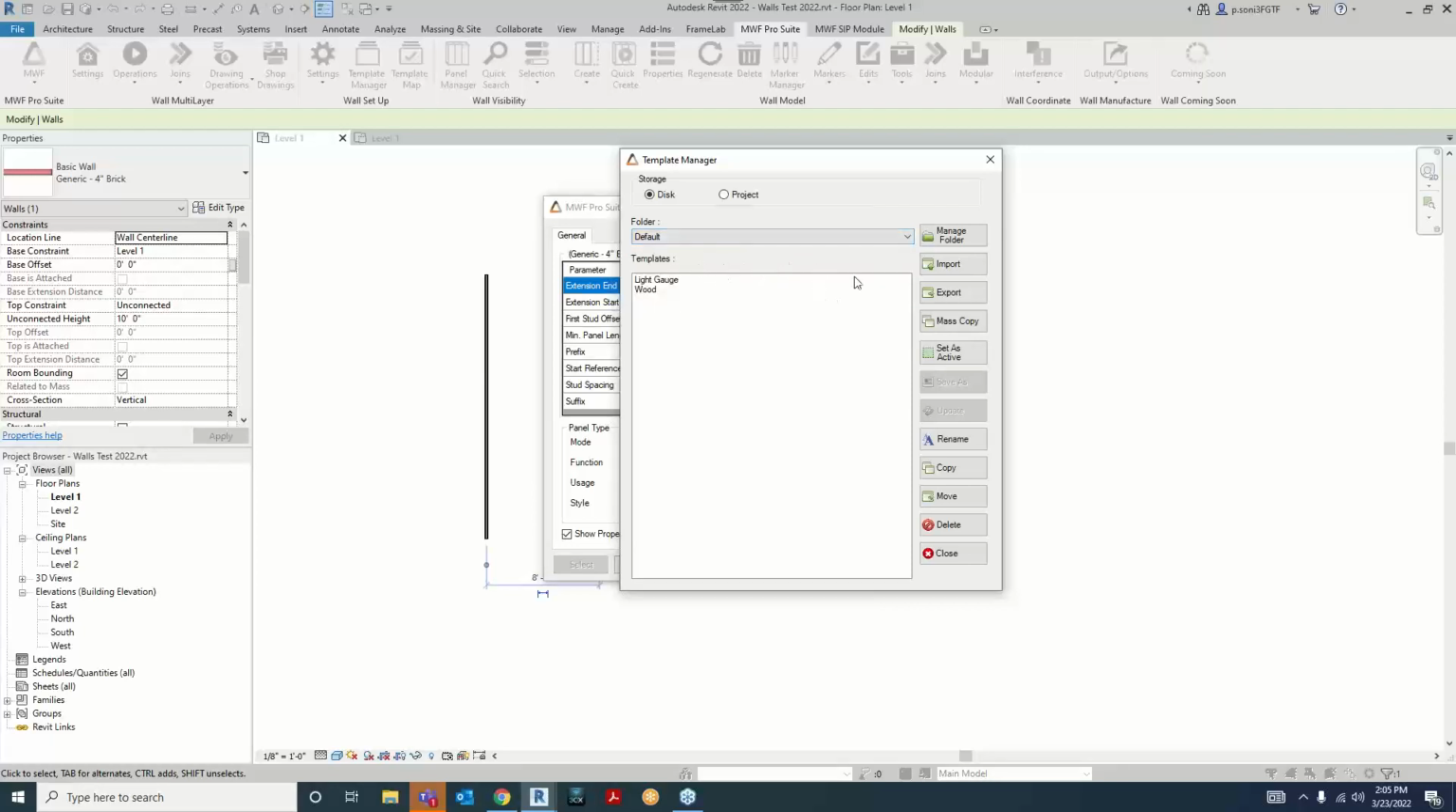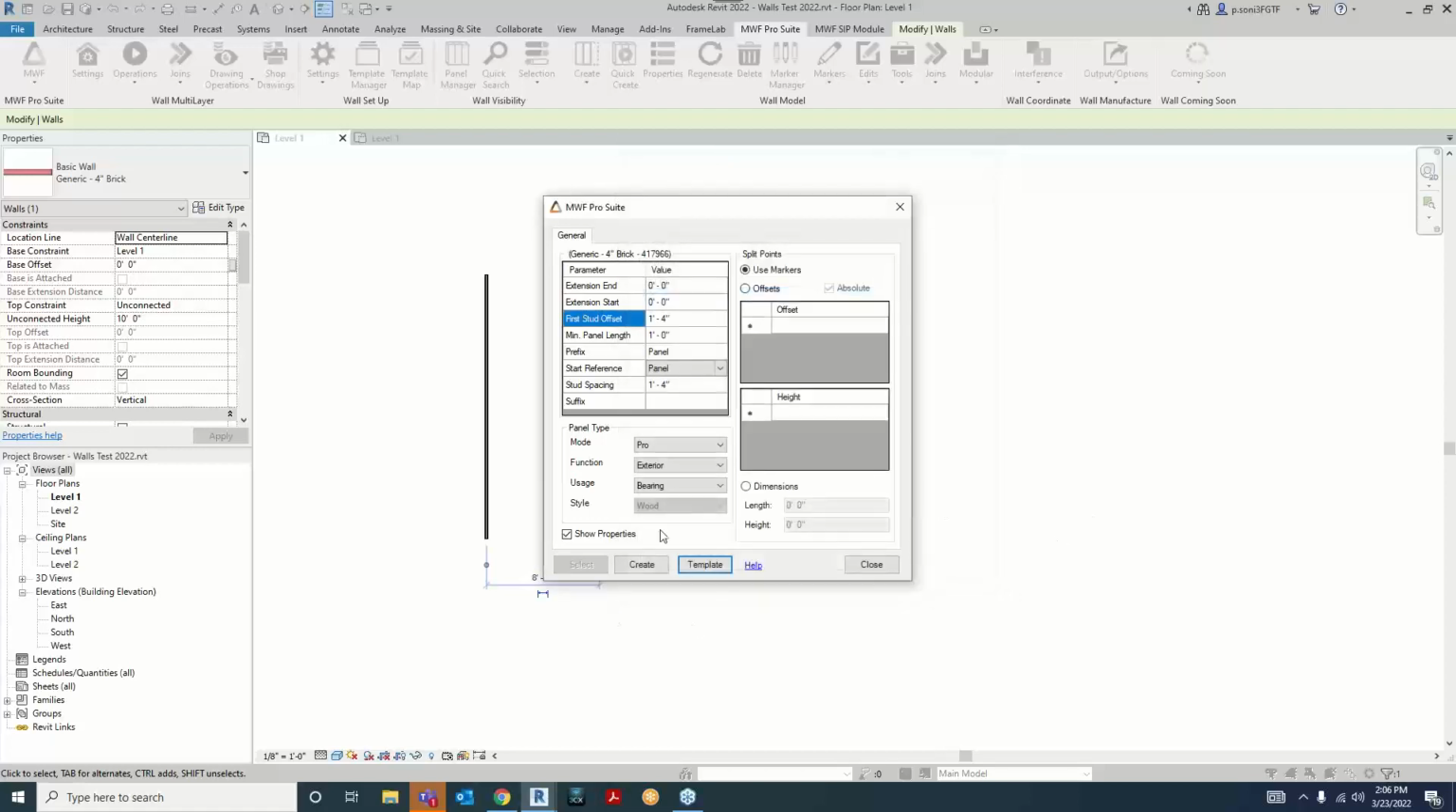You can manage your templates. We have a couple of options on the right of this template manager in which you can import or export your existing template. You can set them as active in order to create a panel with the selected template. You can rename them, you can copy paste them, you can move them, and of course you can delete them. So for now, let's just go ahead and press wood, set as active, and close the dialog box,